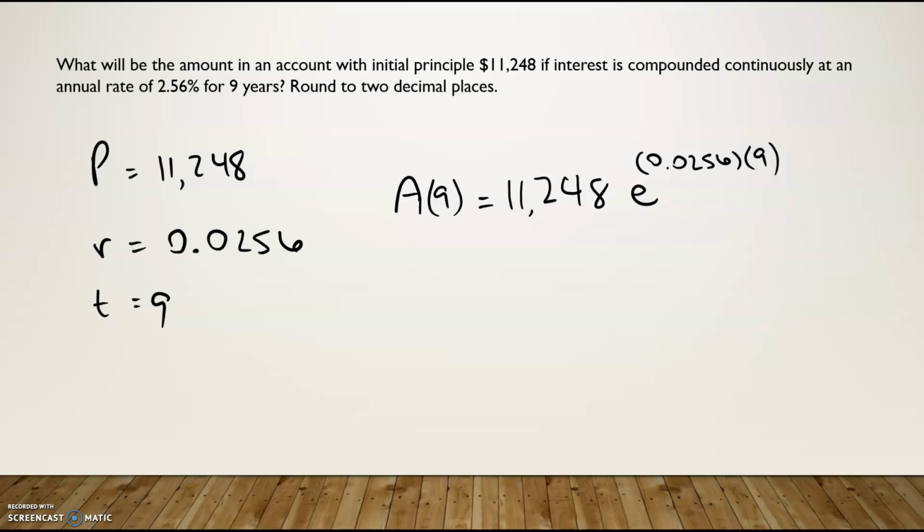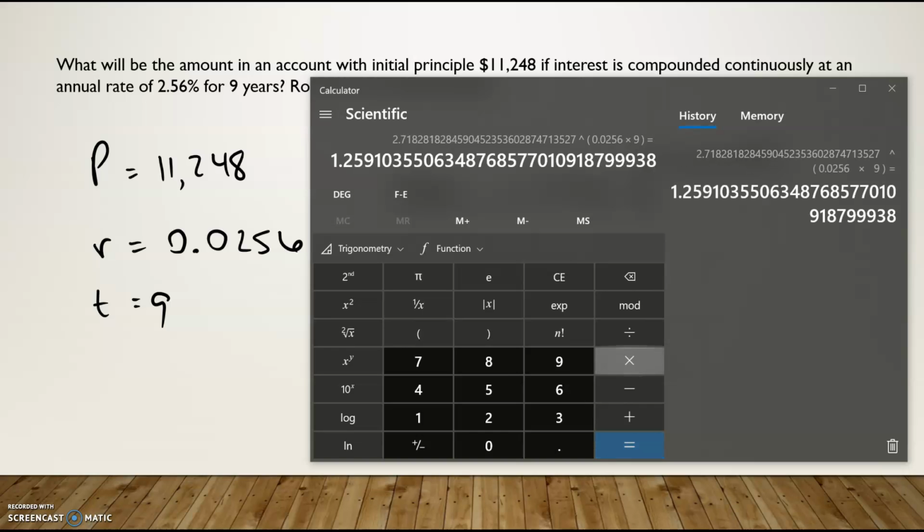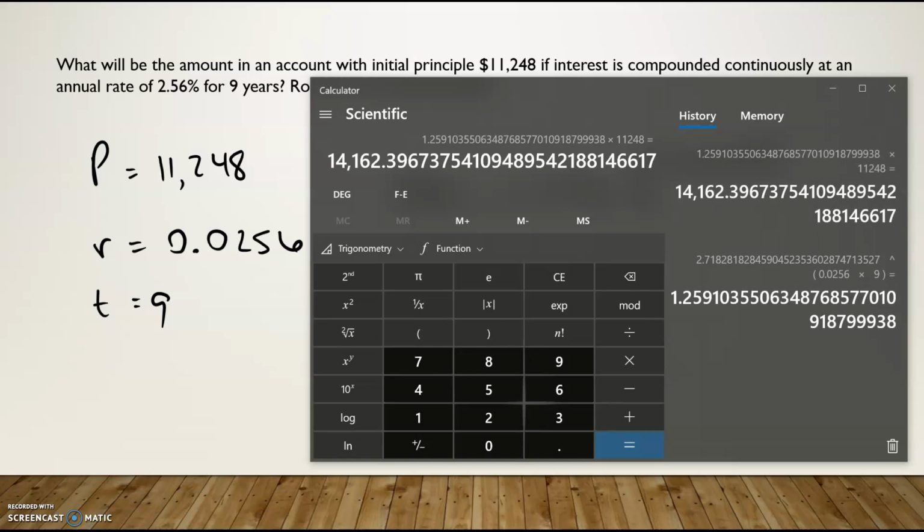Okay, so I'm going to start with E, and I'm going to raise it to, and I'm going to open parentheses, 0.0256 times 9, close parentheses, hit the equal, and then multiply that times 11,248. So we get